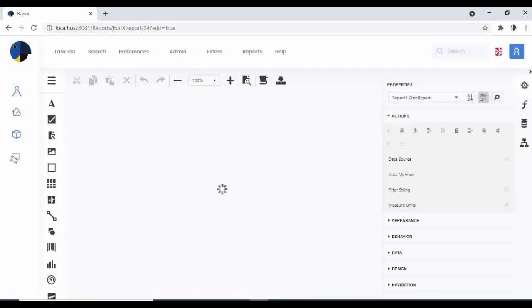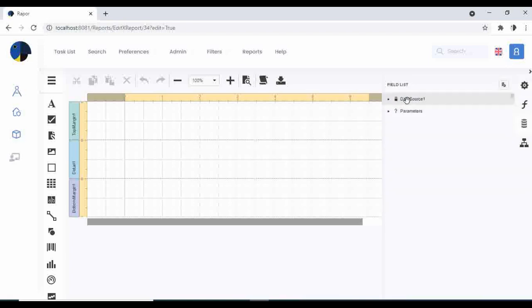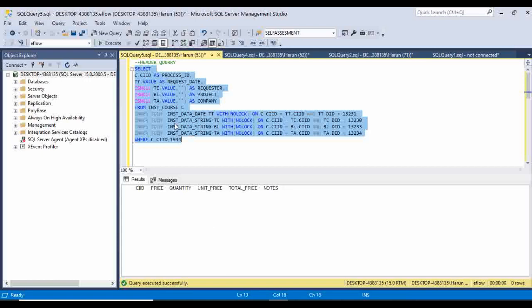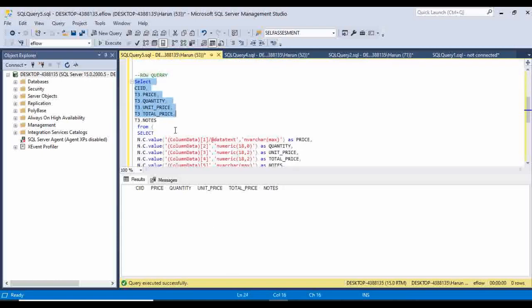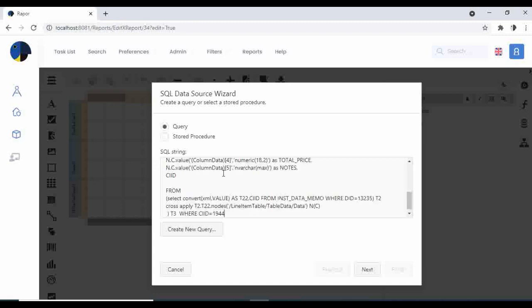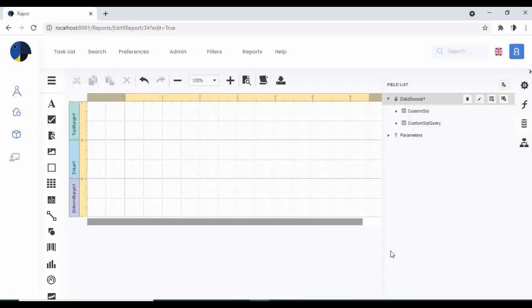I go to the forms, and you see here the data source. In the data source I have one query, and I need also another query, so I go to my database and I copy the row query too, and I just paste it here. I say next, and I finish it. Now I have two queries,